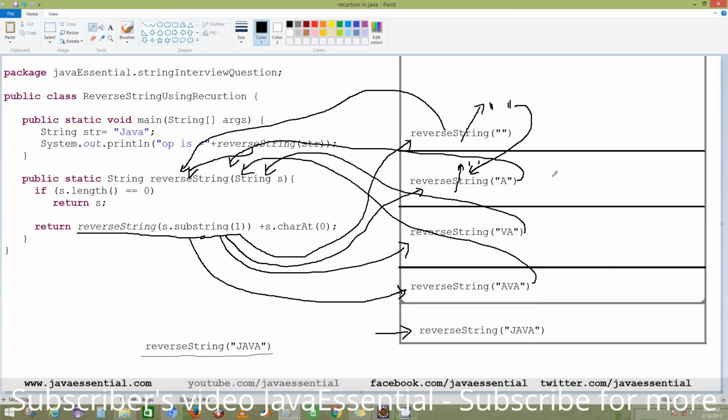So this will become empty for this line, plus this is going to execute for the first time. What is the charAt(0) for this one? The charAt(0) is equal to a. So it is going to append a to that empty string. So it will become